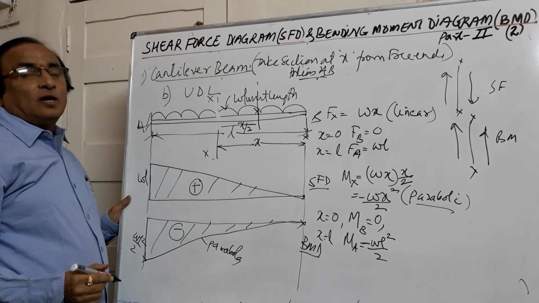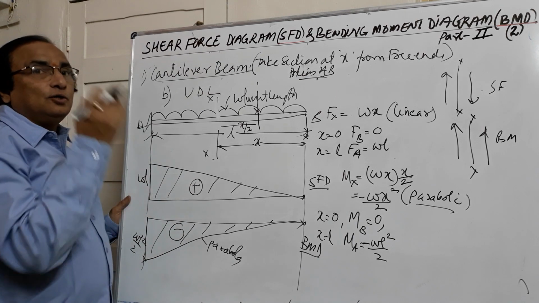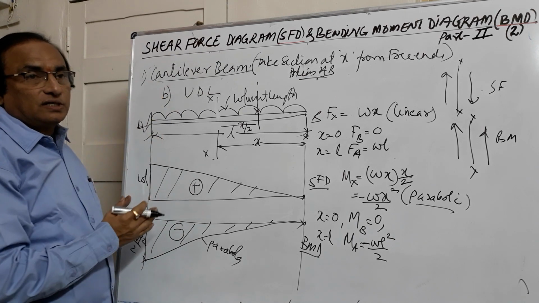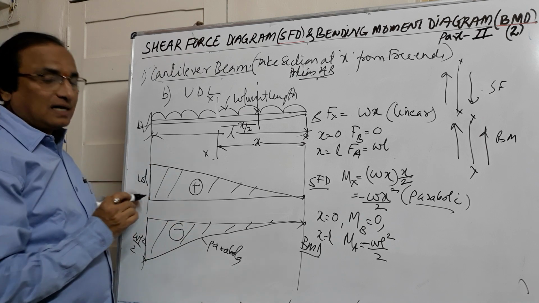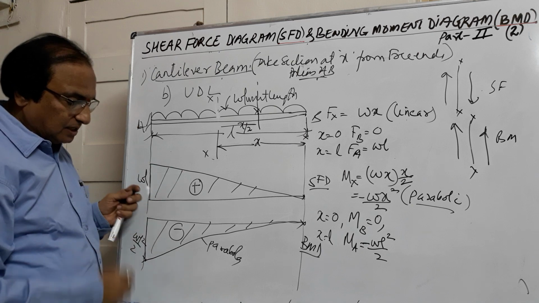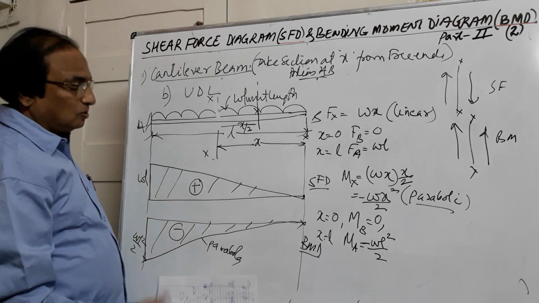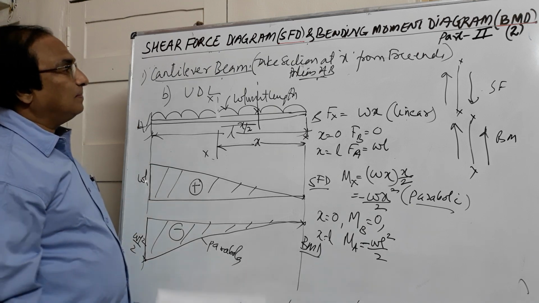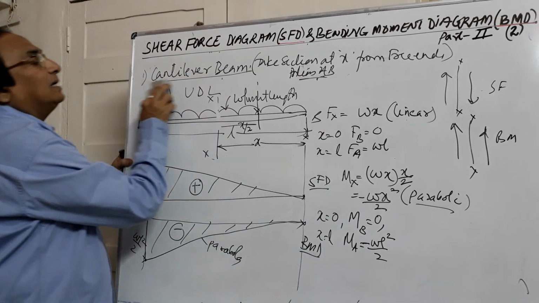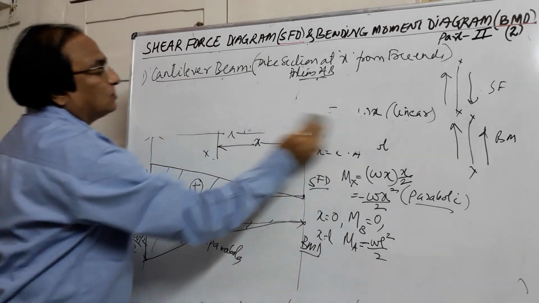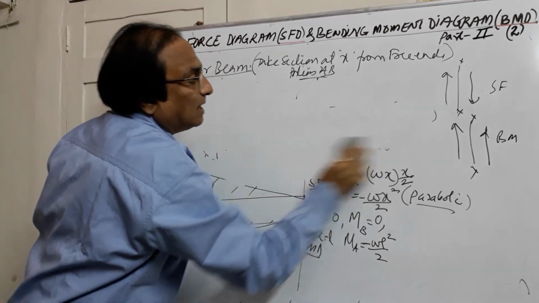So this diagram we call the bending moment diagram and this diagram is the shear force diagram. So whenever UDL is acting, you should always consider the section in the UDL either from the left hand side or on the right hand side. So this is the second case we come across. So having seen these 2 cases, let us take up a problem on a cantilever beam carrying a load and try to draw the shear force diagram and the bending moment diagram.